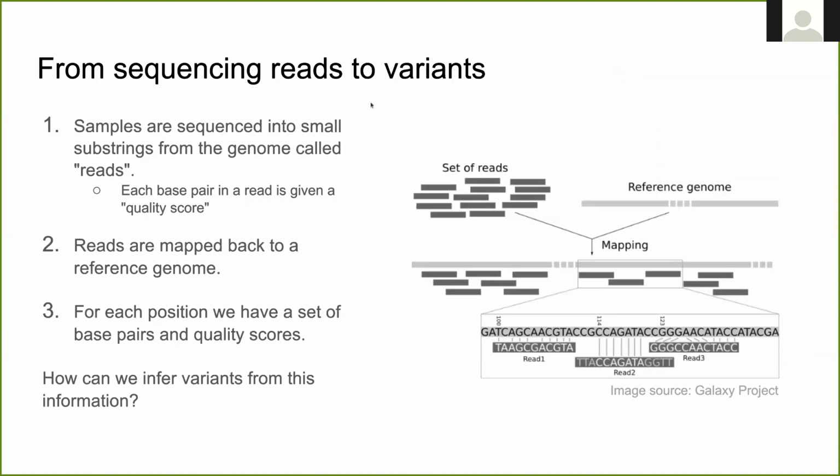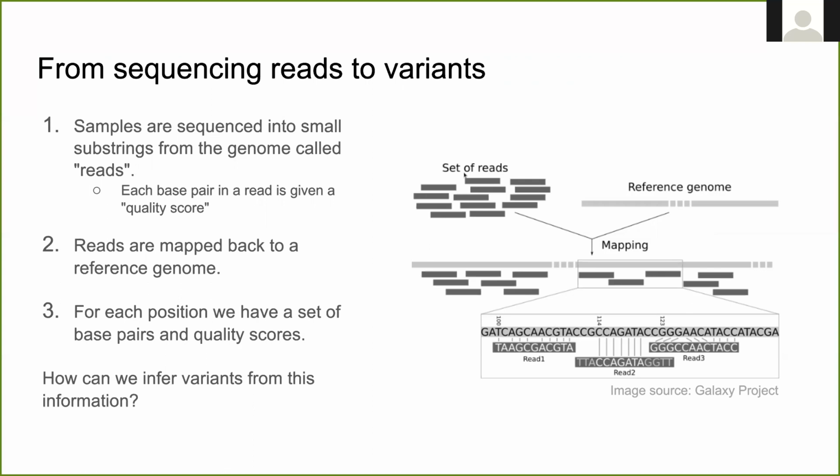And so first we'll cover how we get to this type of variant calling and the pipeline required to get there. So in NCBI, we have basically the read sets. And so we start with a set of reads. And for each one of these reads, for each base pair within a read, we actually have a quality score of the base pair read or the base pair call. And that quality score gives you an idea of how confident the caller is that that is the correct base. It's basically an error probability or a score that you can infer the error probability from.